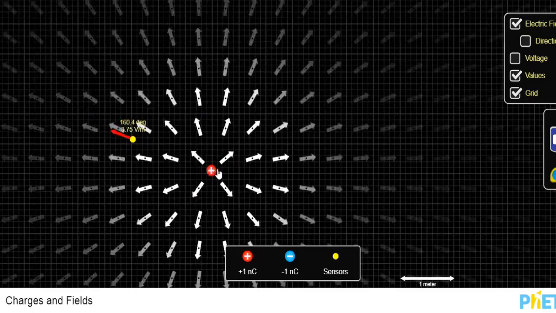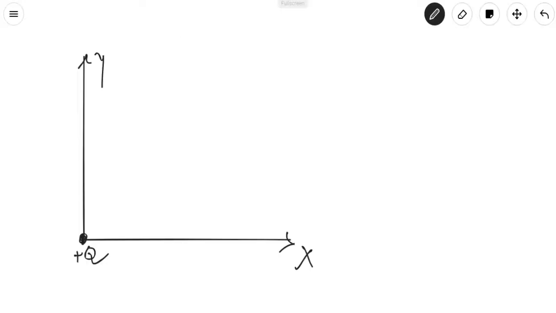So something like this. This is the electric field in the outward direction. To get that, suppose we want to find the electric field at this point, say P. We are interested in finding the electric field at this point P. The distance of this point P from the origin is, say, r, and the position vector of this point P is r vector. So r is the distance, and r vector is the position vector.